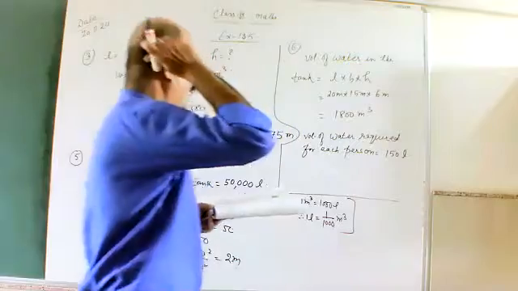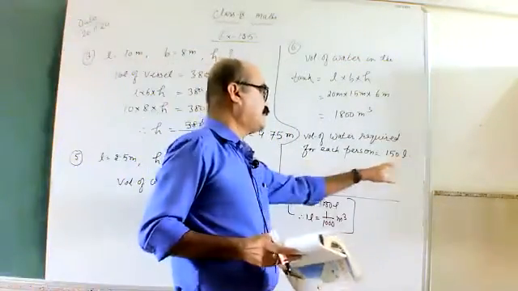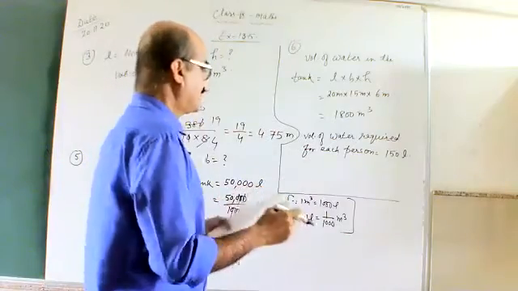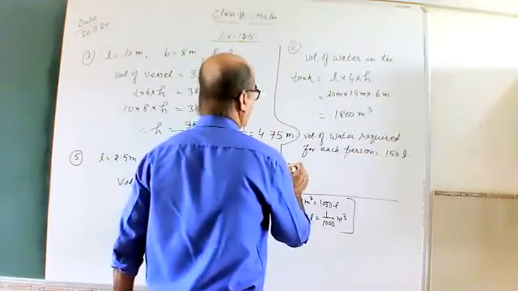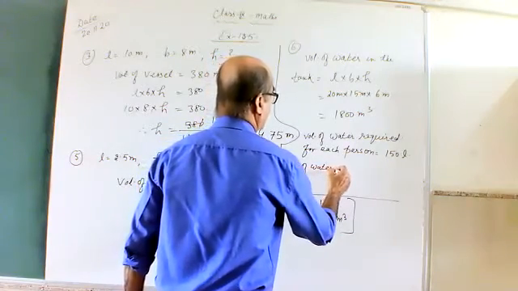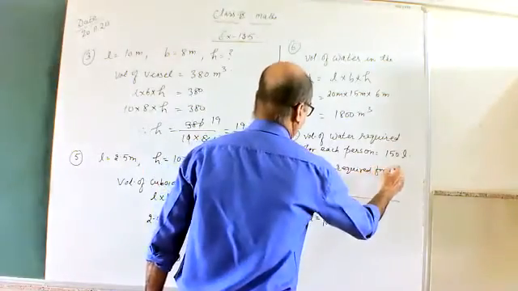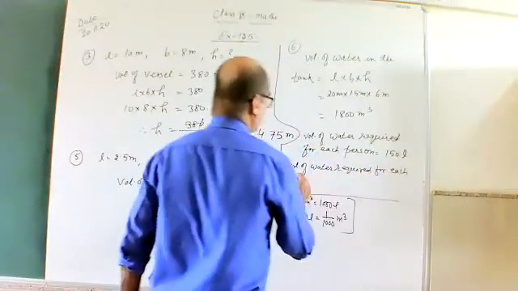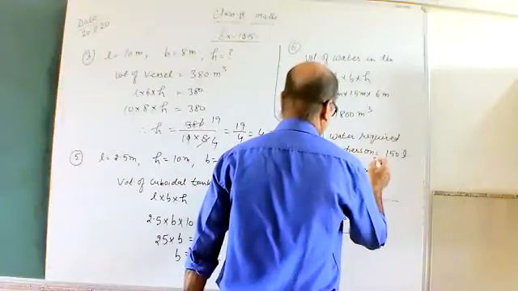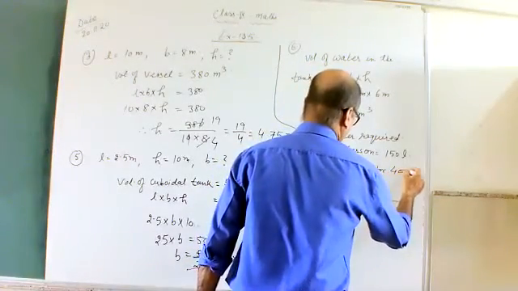Right? 150 liters. Volume of water required for each person is 150 liters. And therefore, volume of water required for 4,000 persons per day